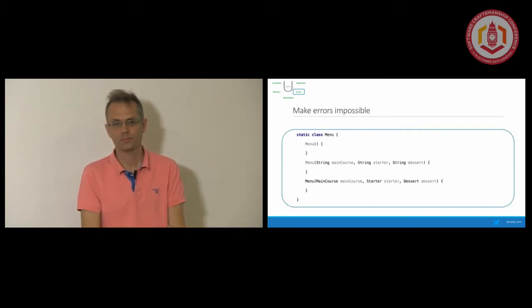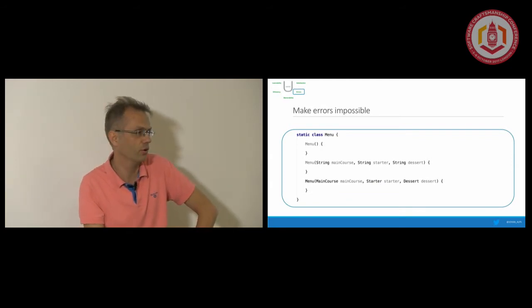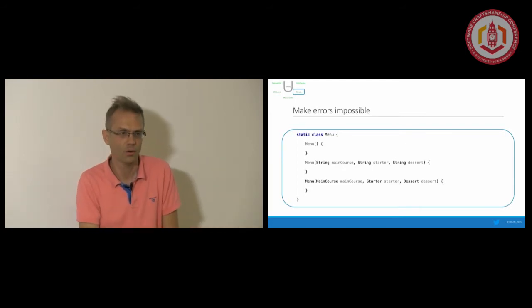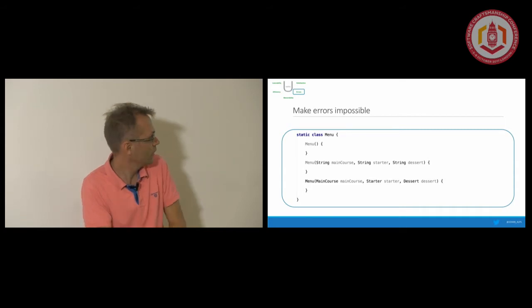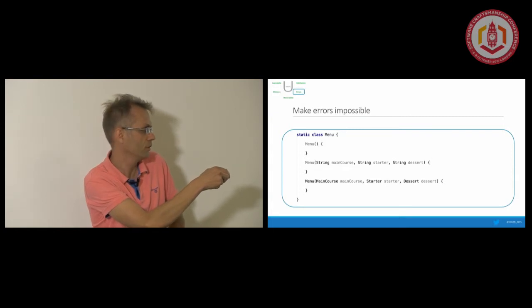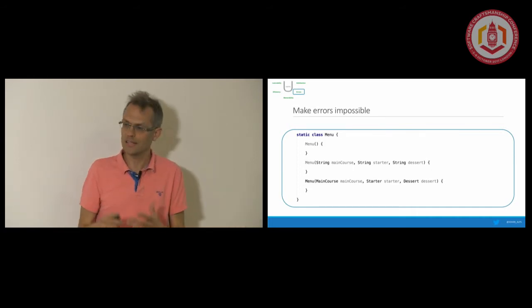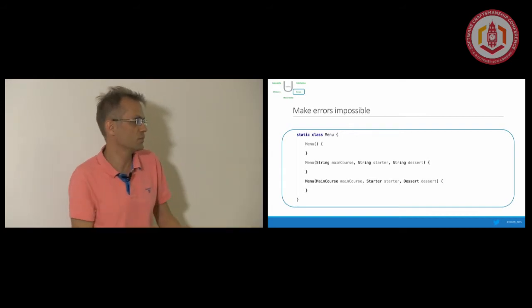In code, if we look at constructing a class of menu, we have many alternatives. So we have menu, no arguments, and then we have setters. So is that error prone or not? Well, we can improve that. That's less improved because you don't know. Here you don't know. You can have a menu with only dessert or nothing. It doesn't make sense, right? But here we're stating that a valid menu has 3 courses, maybe 3 and 2. I don't know, but you can clearly express that.